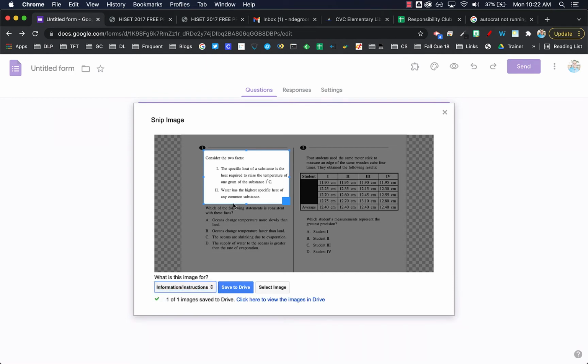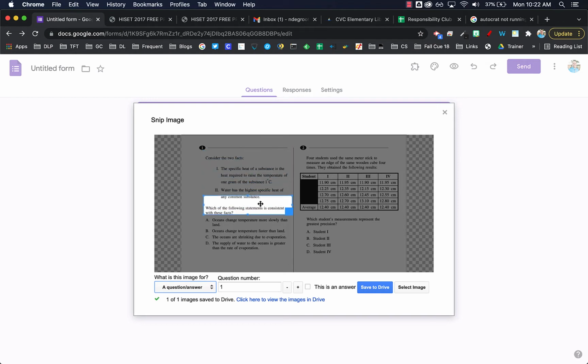Then, perhaps these next parts were going to be the different questions. So, for example, this is going to be my next question. I'm going to press Save to Drive. And then I'm going to do my answer right here. And now I need to check that this is